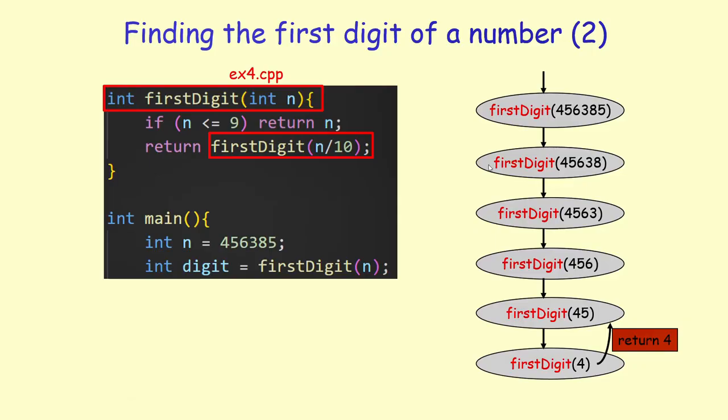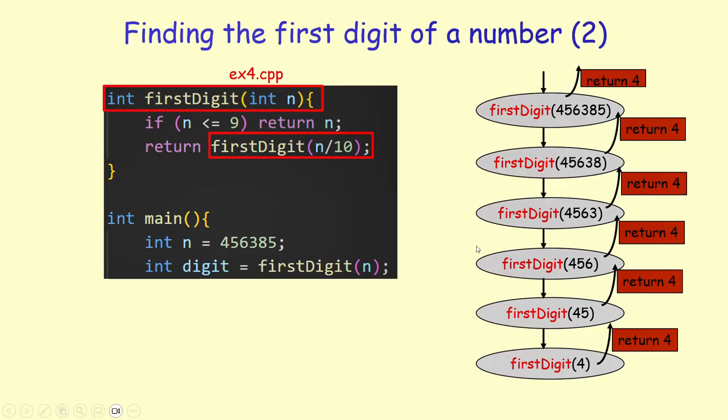When we return to the context of 45, as you can see, we don't do anything. We just return the result. So the solution to the problem where the number is equal to 4 is also the solution to this problem where the number is equal to 45. The first digit is the same for all of these numbers. So we just return 4. We return 4, 4, 4, 4, and eventually we return 4. So the bottom line is, when the solution to the subproblem is also the solution to the original given problem, we don't have to do anything after returning from the recursion.